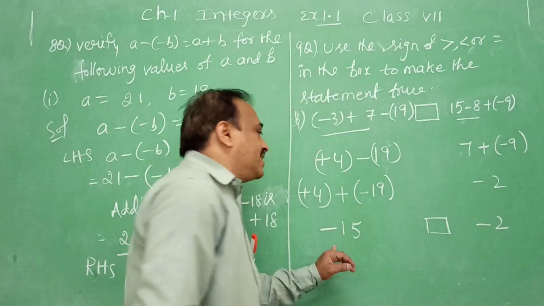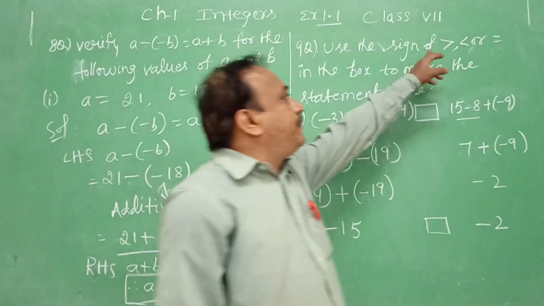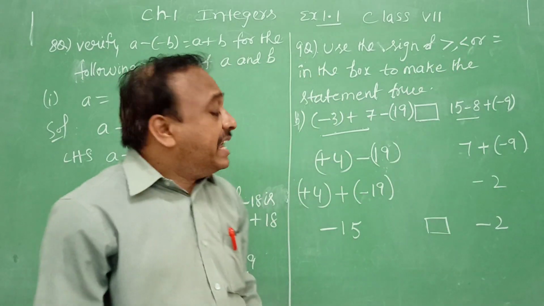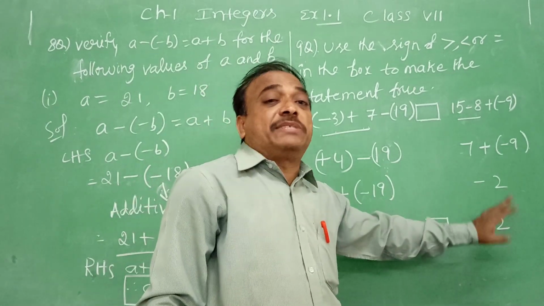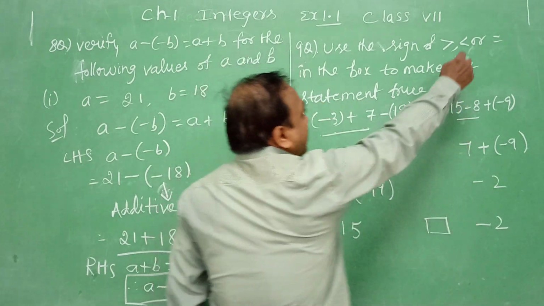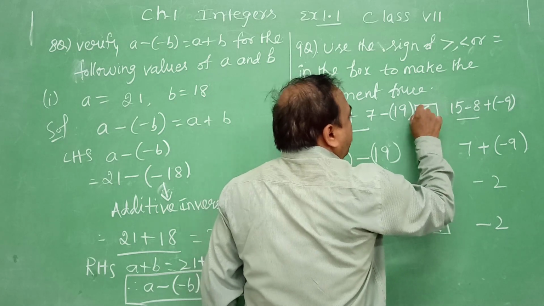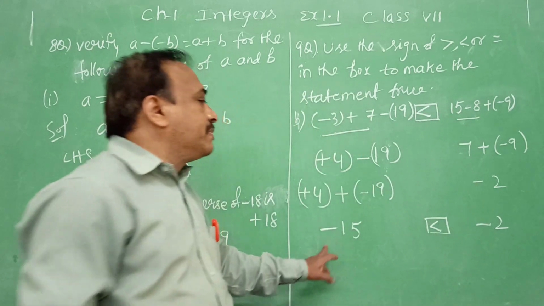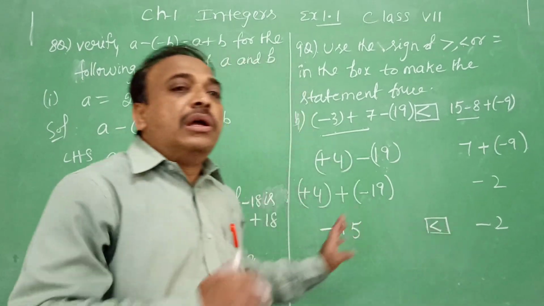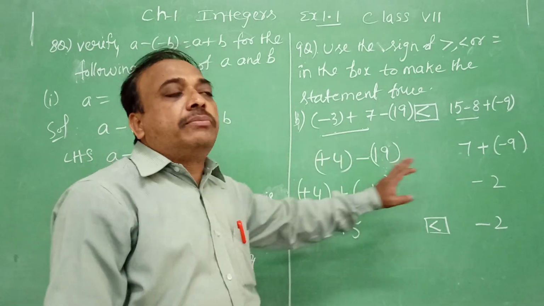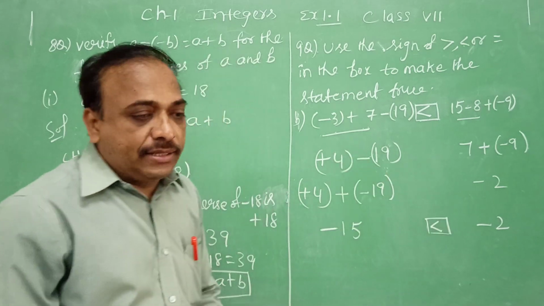Now tell me, minus 15 and minus 2. Check the result. One is minus 15, one is minus 2. Which sign do we need to keep: the first, second or third one? Yes, minus 15 is smaller than minus 2. That means minus 2 is greater. So this sign is appropriate, and we can put this sign here. This is smaller than. As numbers on the right side are greater, on the number line minus 2 lies to the right of minus 15. So minus 2 is greater than minus 15, and minus 15 is smaller than minus 2.